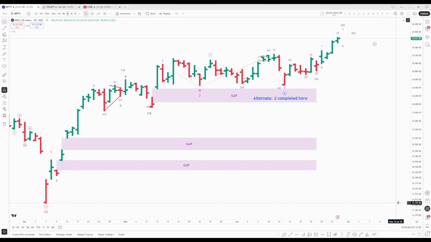Hi everyone. So in front of me I have the daily chart of Nifty, and since this week is over, let's take a look at the bigger picture once again, so everyone is on the same page. So from this low in April, we have counted this as impulse, so that could be wave 1 or it could also be A. So it is 1 or A, then we have a 3 wave down move in correction, that is wave 2